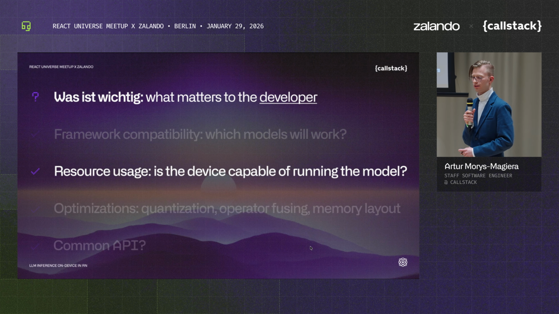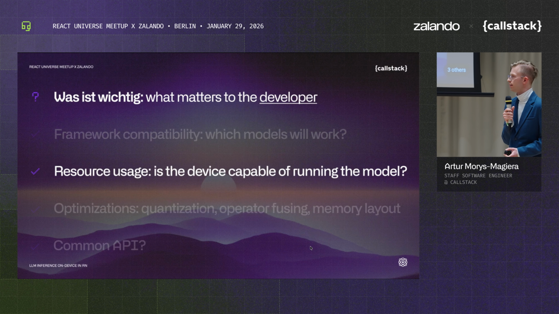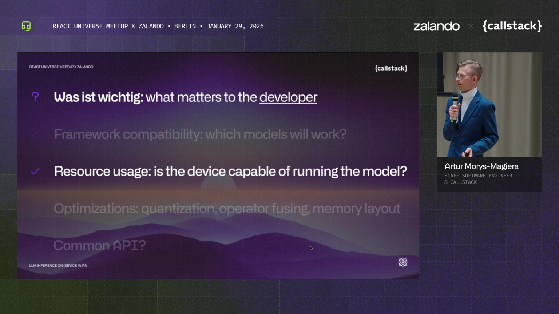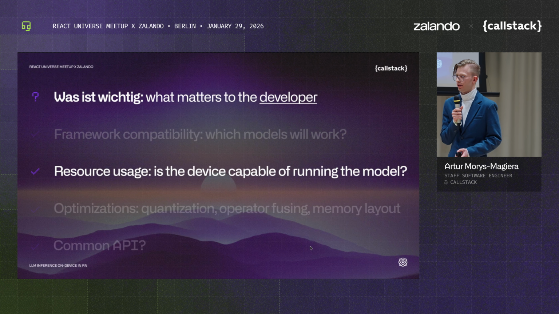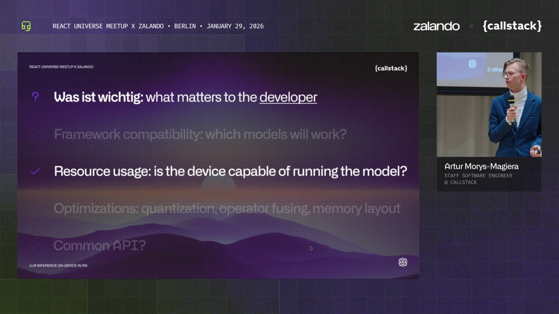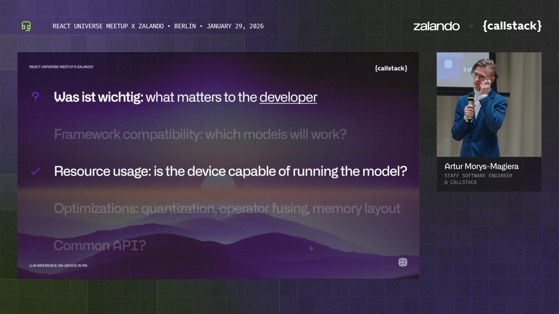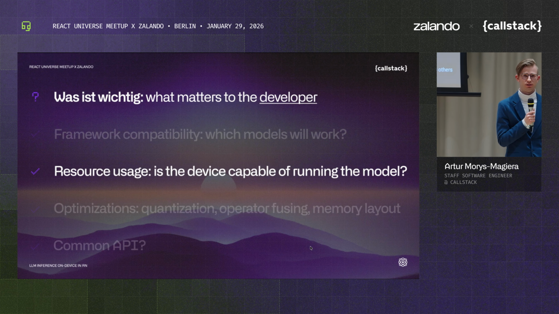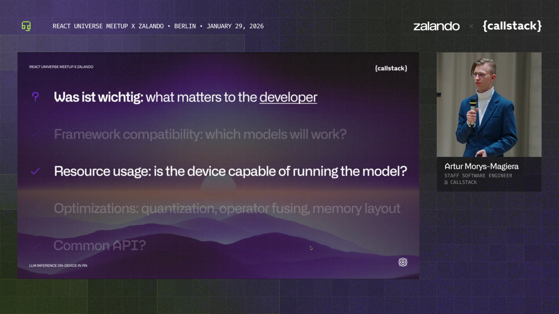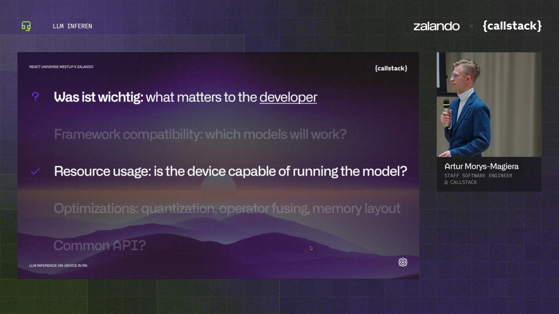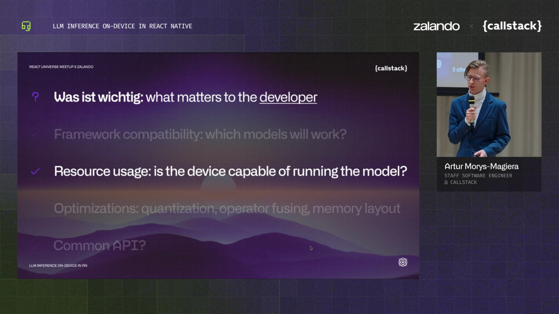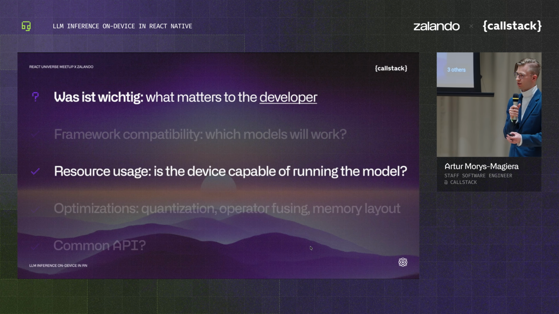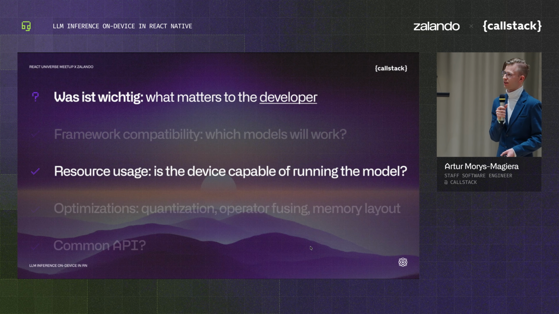Another matter is resource usage. So is the device even capable of running the model? So if you run on a flagship, then of course it will run smoothly. But ask yourself the question, if you have a user who doesn't own a flagship, maybe an older device, will it run just as well on their device? And the solution is to actually, for instance, utilize Vulkan or OpenCL